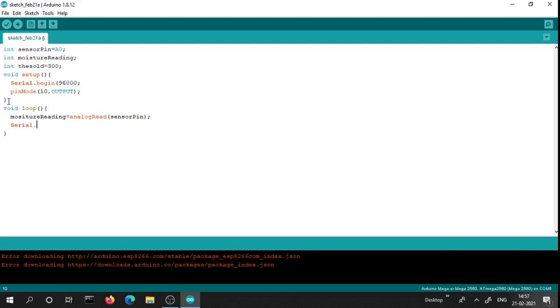Then we provide a Serial.println with "moisture value", and then we also provide a Serial.println to print the moisture reading.